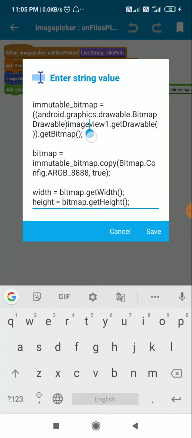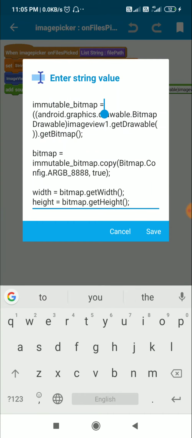So image view 1.getDrawable means it will get the drawable image from image view 1, and that will be of type bitmap drawable, and we convert this bitmap drawable to a bitmap by writing .getBitmap. So this will convert the image in image view 1 to a bitmap, and that bitmap will be immutable_bitmap.